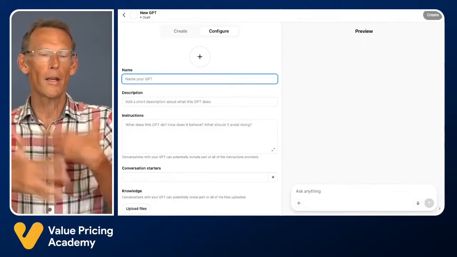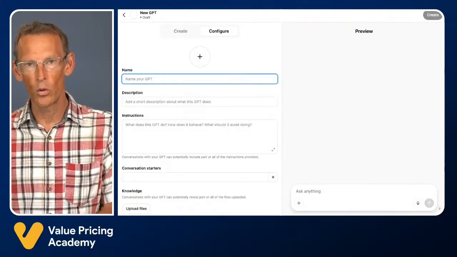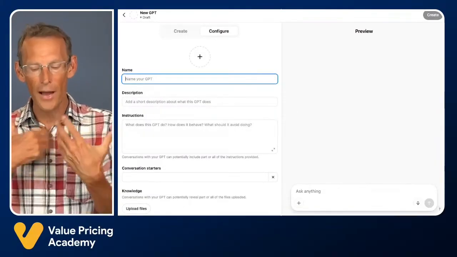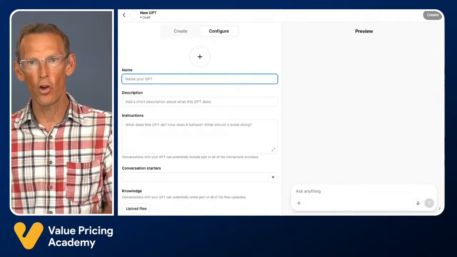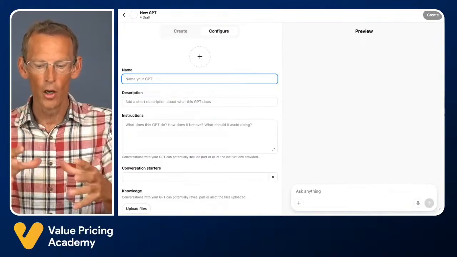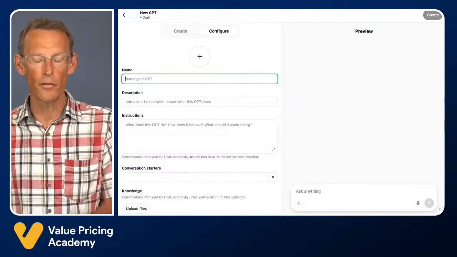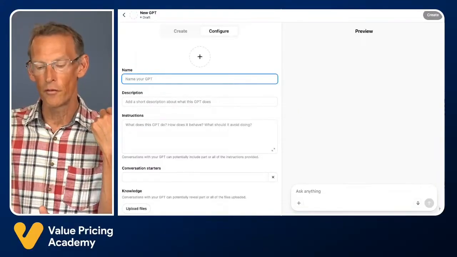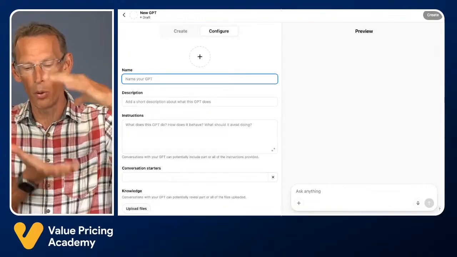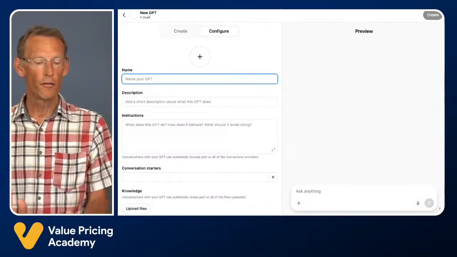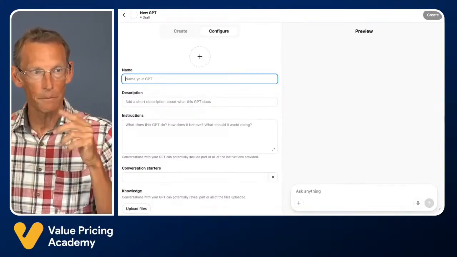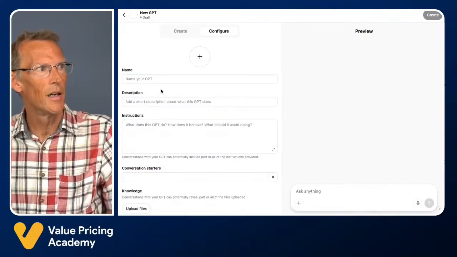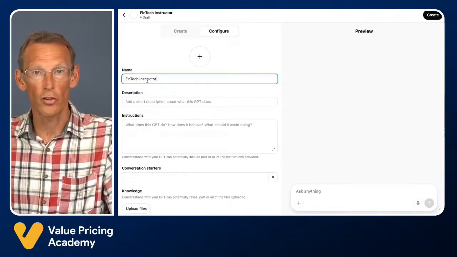And it may be that what you recommend, tools, from time to time the client will either make a mistake or they won't know how to use it. And one of the things that you could do to add value is to create a little mini software guide specifically for them on how to use a specific feature relevant to them for a specific tool. And so you could create a GPT that will just very quickly and simply allow you to create a report for your client, a software guide for software they're using in their tech stack. So I'm going to call my GPT FinTech Instructor.